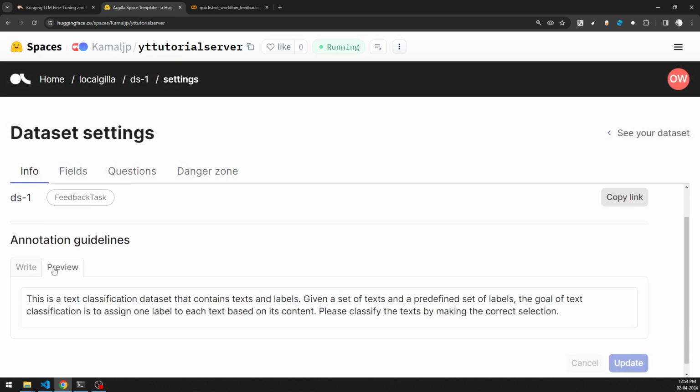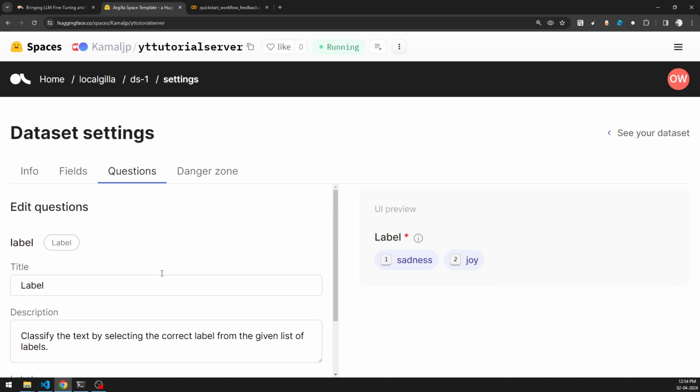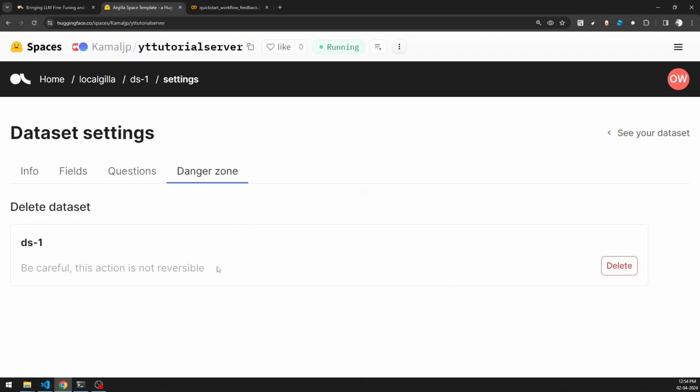It will tell you the fields that are present in the dataset. There is a single field. It will tell you the questions that have been created inside the dataset, and finally, it will allow you to delete the dataset. So these are the four things that you can do with the dataset, that is, the feedback dataset. Keep one thing in mind, there are different kinds of datasets inside Argilla, and most of the things are getting unified under the feedback dataset as of now, but it is still a work in progress. Moving forward,